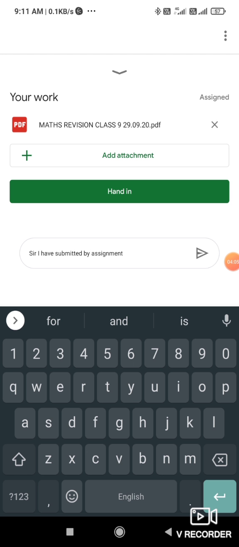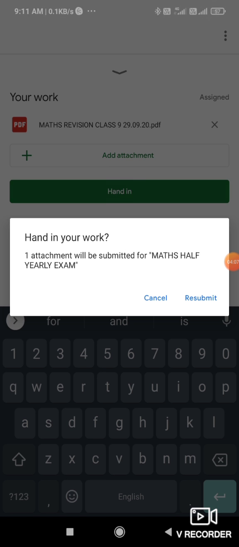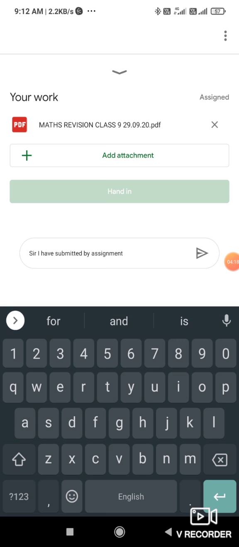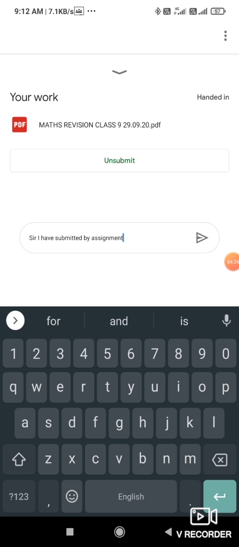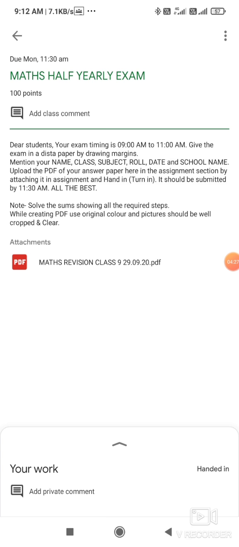Now you have to tap the hand in. See, hand in your work. One attachment will be submitted for maths half yearly exam. Okay. Resubmit. And your work is submitted. See, it's mentioned submitted. Clear?